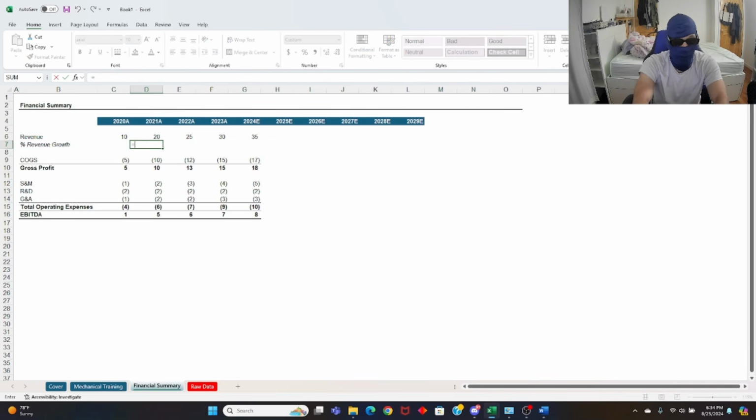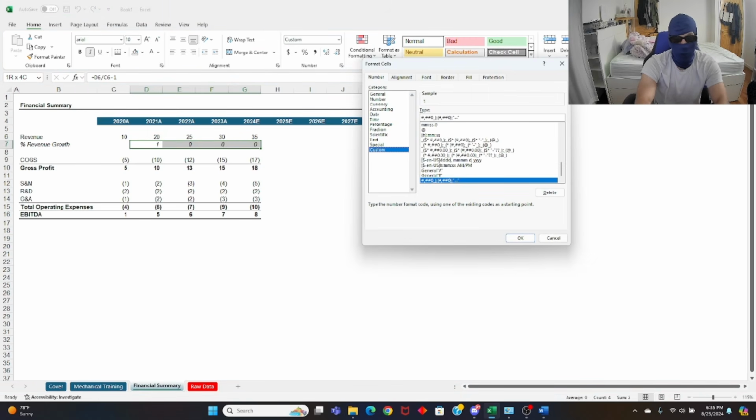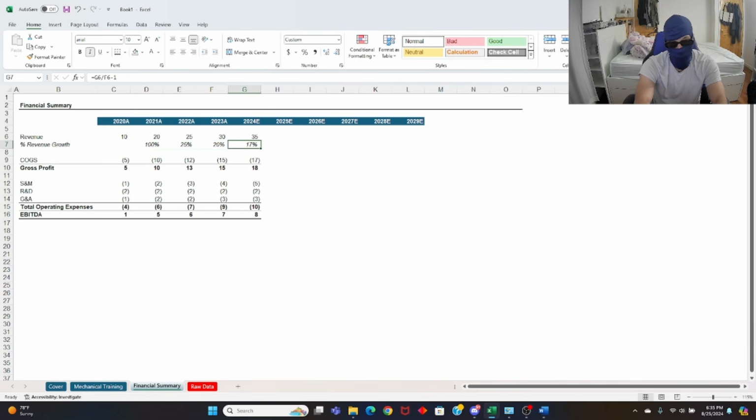italicize, and then you're going to do your growth formula, right? It's growing at 100%. And you drag it across. 0, 0. What's the issue here? It's not number formatted in percentages. Hold Control 1, tab into custom, tab into here. You don't want your number format to be used above. What you want is a percentage, right? So you're going to do 0, percentage. Don't forget, underscore, close parentheses, semicolon, 0, parentheses, 0. If 0, give me that. So now you have your percentages with no decimal places.